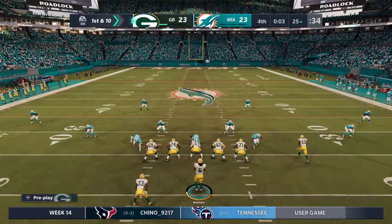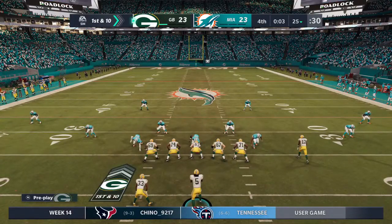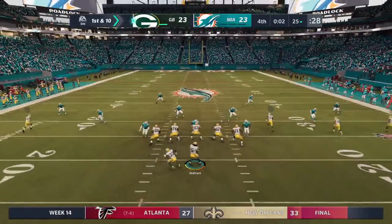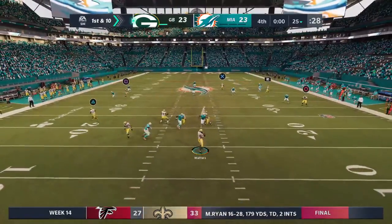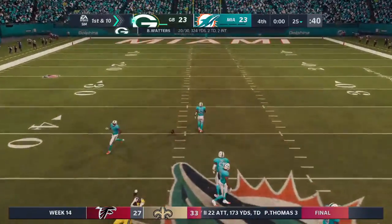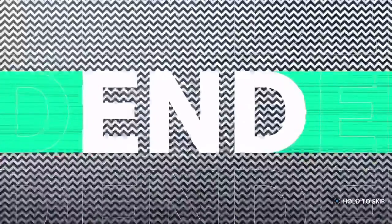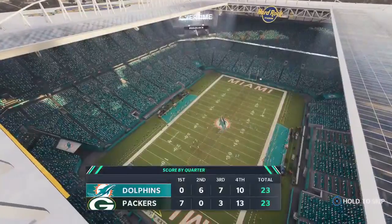The Packer offense ready to get their next drive underway. Tie game, and barring something incredible here, we're likely headed to overtime. What I would do is either hand it off inside or more likely take a knee and let the clock run out. Because if I'm back there trying to throw and a sack happens, the ball comes free, I can lose the game here. If I get to overtime, I can still win it. And here in overtime, if the team that receives...